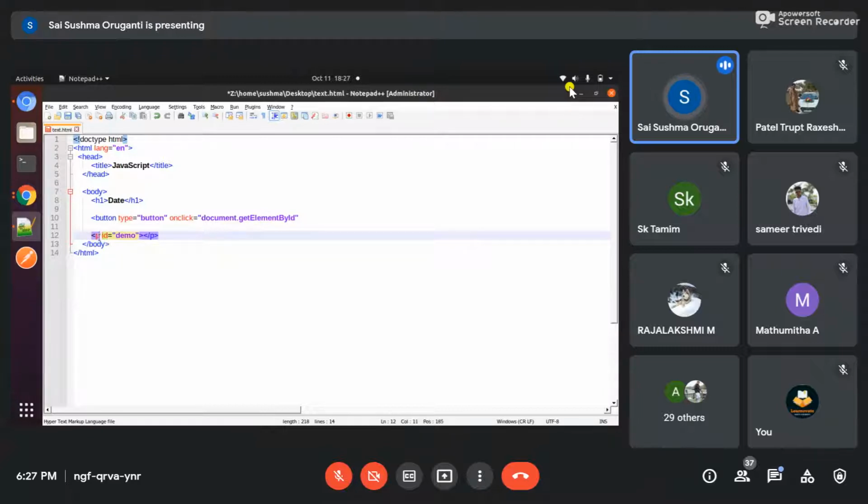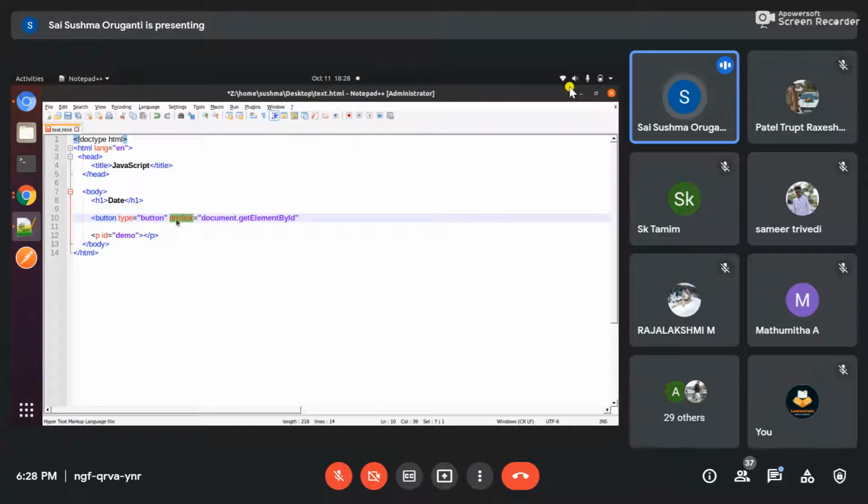So for this paragraph also I'm giving one unique ID. It cannot be matched anywhere in the whole thing. I'm already giving a button, so one button is displayed in the HTML. The type is also button. There are two types for button: one is submit and one is button. Submit refreshes the page, but button doesn't refresh the page, and we don't need to refresh the page. So it's button. On click is nothing but, when we click on the button, what should happen?